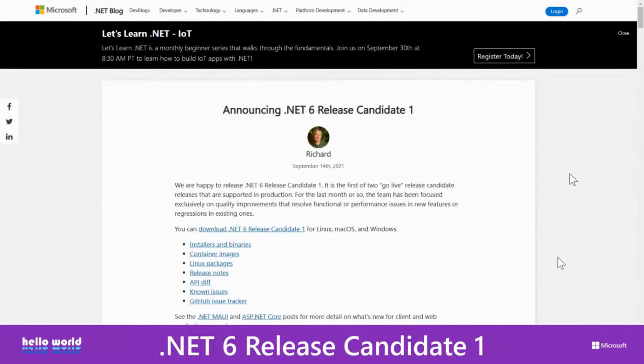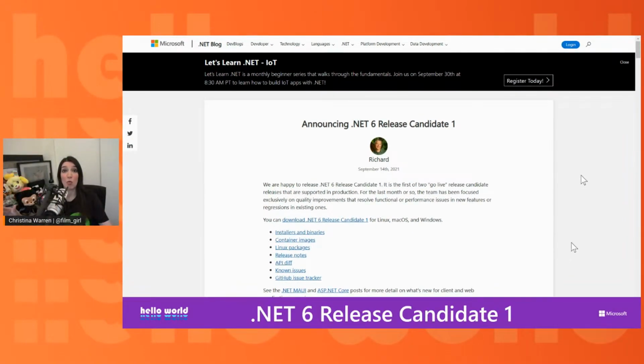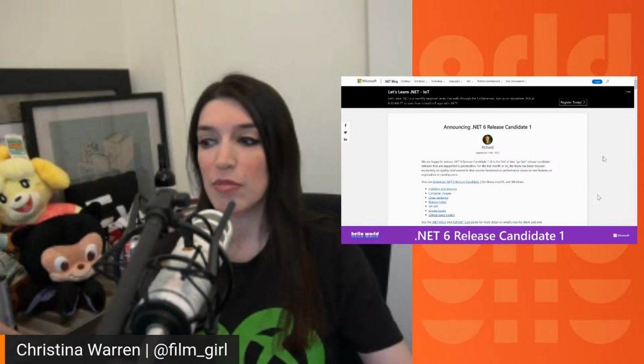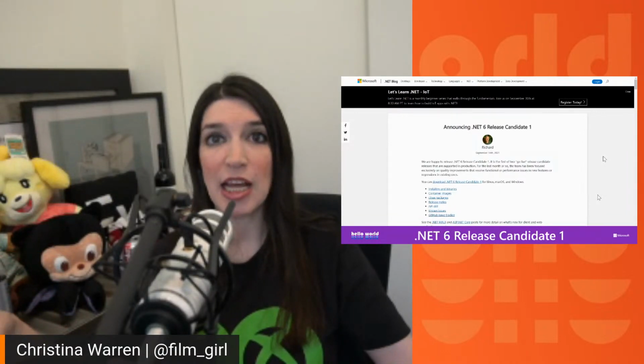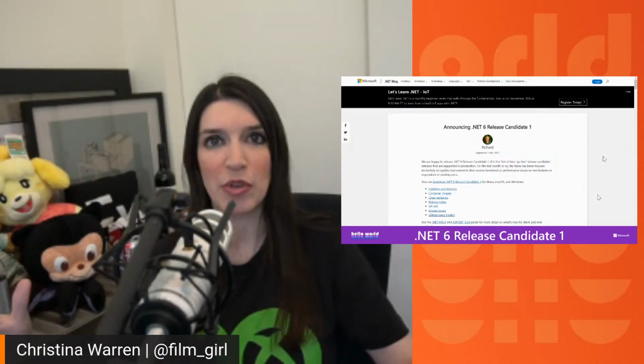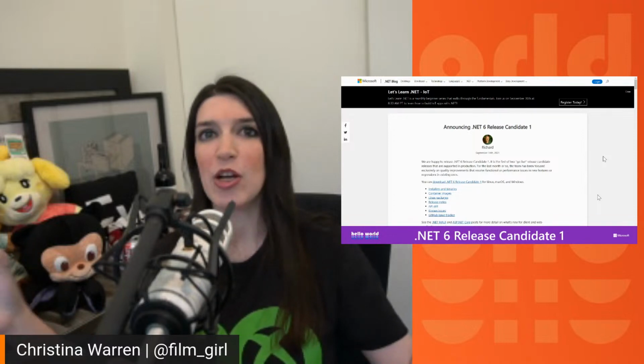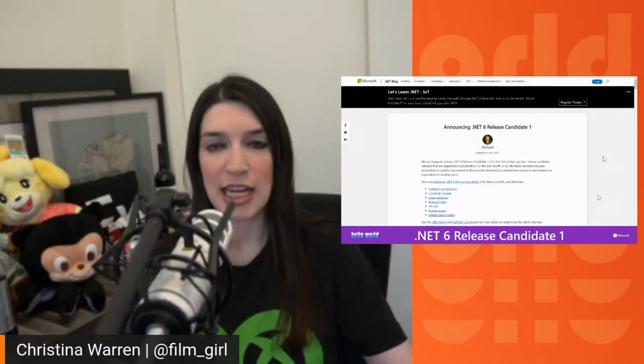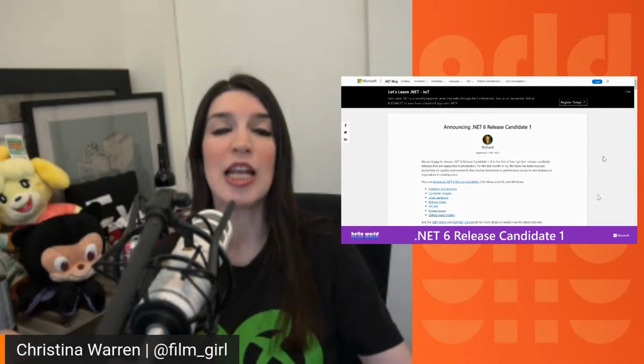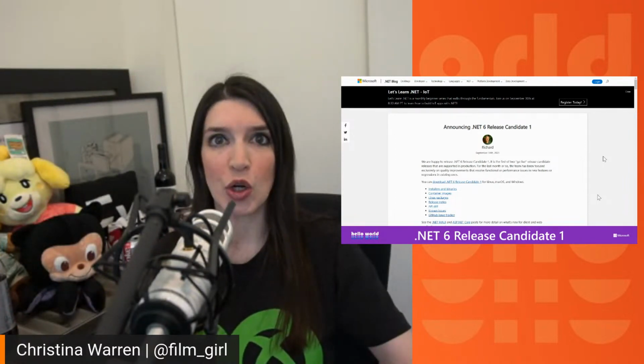The next thing I wanted to talk about, this isn't strictly Windows 11 because obviously it'll work with past versions of Windows, it'll work on Linux, it'll work on macOS, but the .NET 6 release candidate 1 was released I guess last week. This is a big deal because .NET 6 is kind of this big long-term servicing, unifying release. .NET 5 was bringing all the different disparate parts of .NET together. .NET 6 is going to do that, but it's also going to be a longer term servicing release.